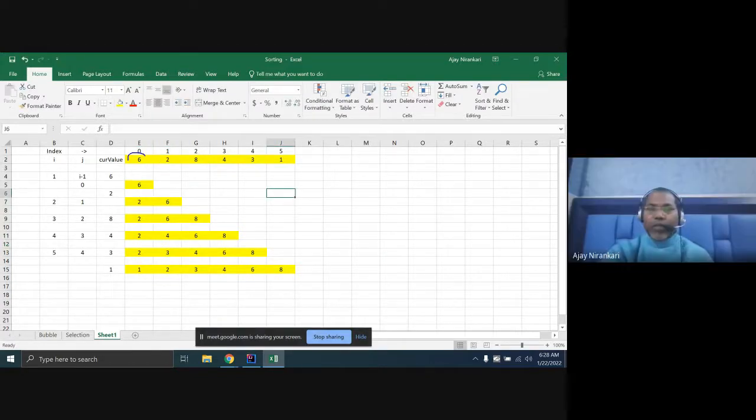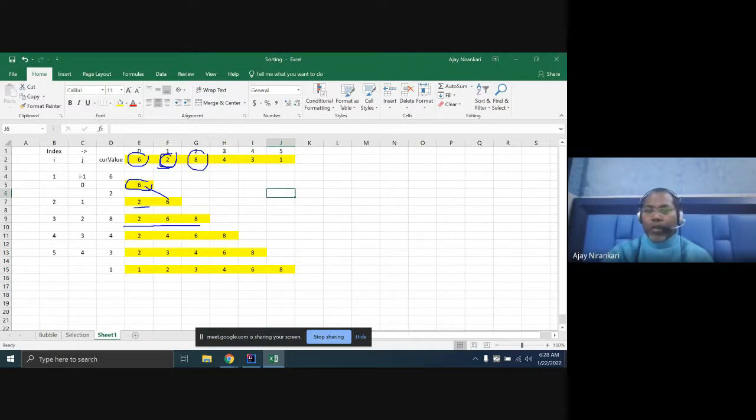Selecting the first element, it is the only one, so it is in the proper place. Then you select the next one and decide which place it goes to. Until this current value is less than, you just shift this to here and put this one here. Again, you select the next element. Now, the 8 element, you have to check.